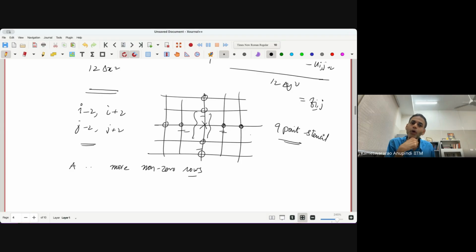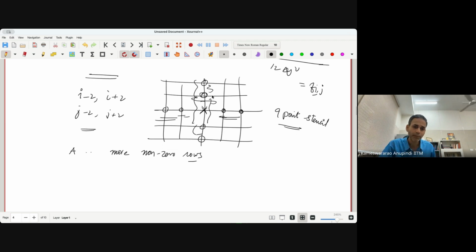Now you have more rows. You have 8 rows, in which case you have the 2 plus 2, that means the pentadiagonal matrix, and then you would have 2 additional diagonals which are farther apart, right? You see that this one is m minus 1 apart and this one is m minus 1 apart after that. So of course higher order discretization schemes can be used.